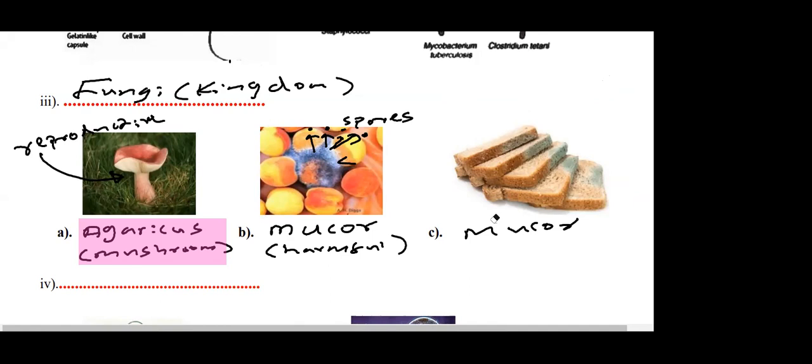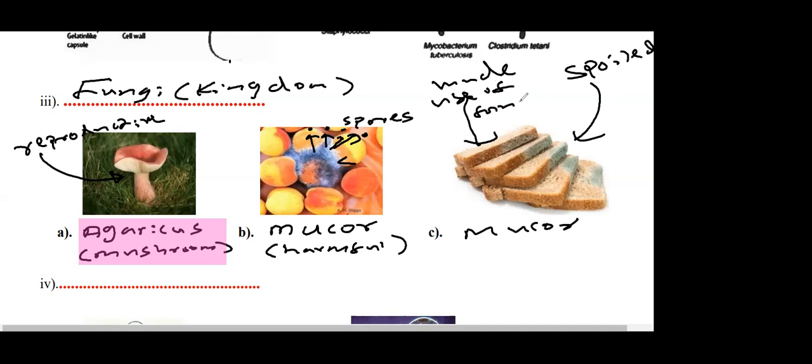Harmful fungus, Mucor. Now this is the most interesting thing. To make bread you need fungus, and the same bread is destroyed by fungus. What is made from fungus is spoiled by fungus. That's the most interesting thing. We make use of fungus, that is yeast, and it is spoiled also by fungus. Yeast is required to make bread. At the same time, that bread is spoiled by some other type of fungus, for example Mucor.